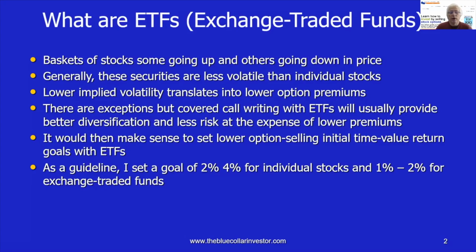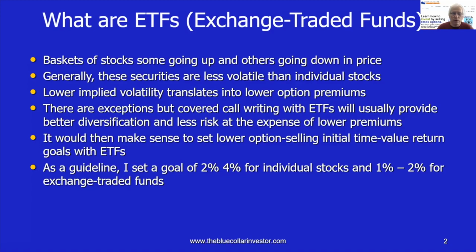Well, an exchange-traded fund, in essence, is a basket of stocks that trade like a single stock. Many of them do have options associated with them. And within that basket of stocks, some are going up in price, some are going down in price. So as a whole, these securities tend to be less volatile than individual stocks. Now, there are exceptions. Some ETFs are highly volatile. For example, some of the gold ETFs are extremely volatile. So you can't assume that every single ETF has low implied volatility, but generally speaking, they do have lower IV